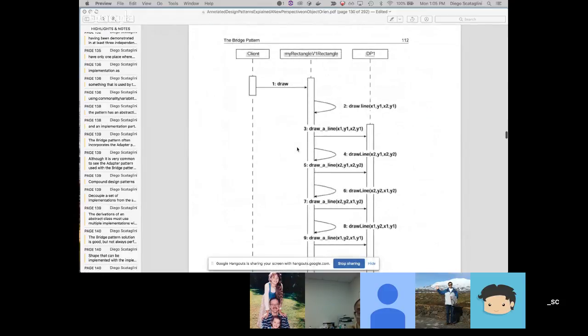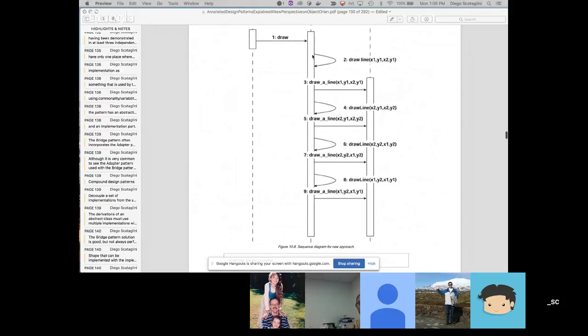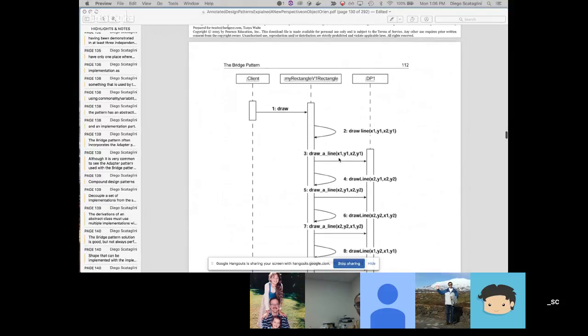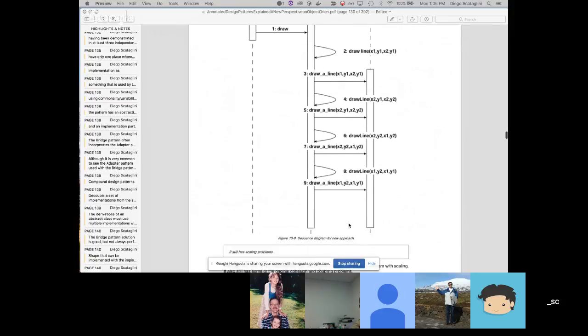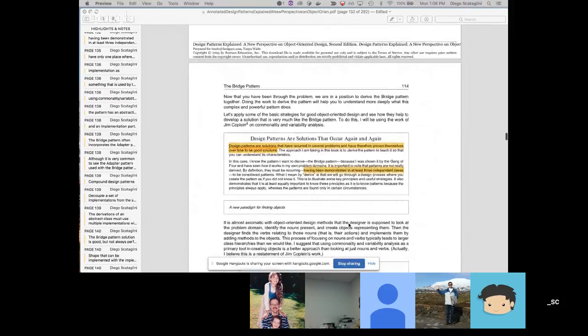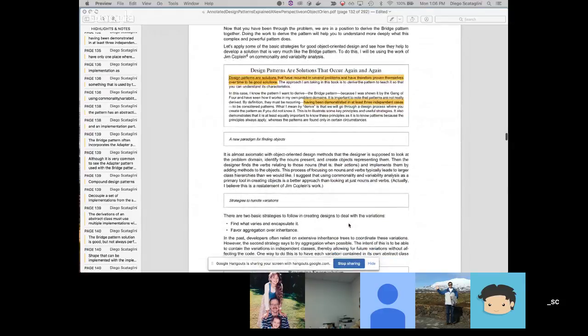So over here, and this again is the sequence flow, the client has an instance of V1 rectangle called my rectangle, and the class itself does the translation, kind of like a domain adapter pattern, to whatever the drawing program is, and keeps going until it draws the whole thing. So going back to deriving it, we talked last time that